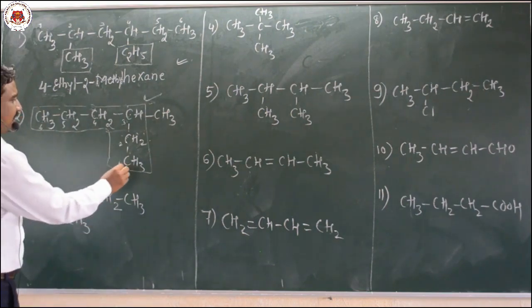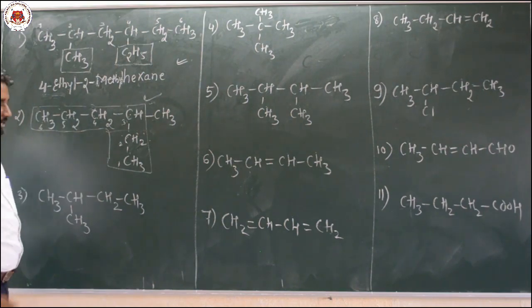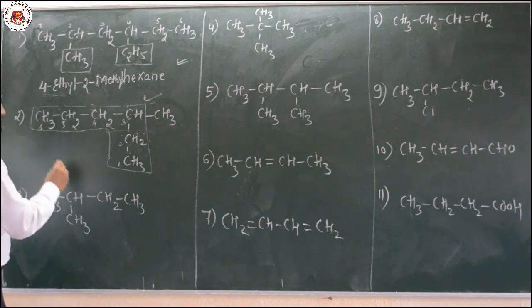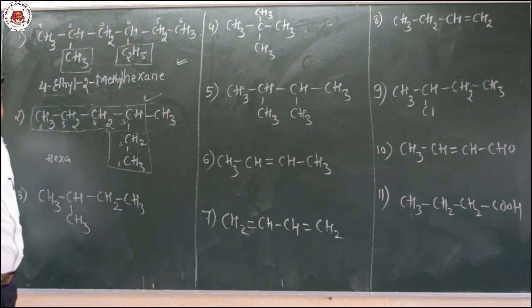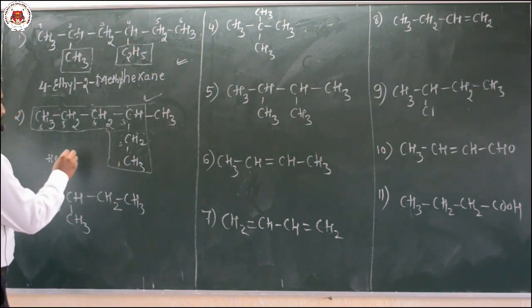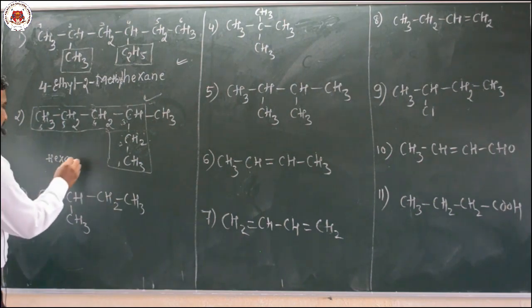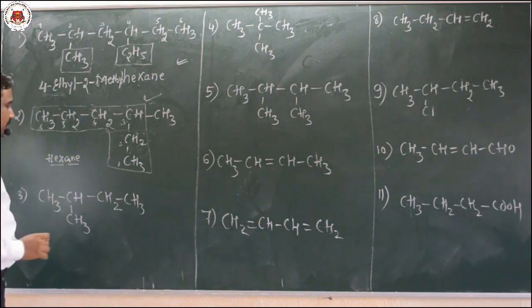Hence the name of the compound is, so first you have to write the root word. There are 6 carbon atoms: 1, 2, 3, 4, 5, 6. Hence the root word becomes what here? Hex. And there is no functional group, hence there is an absence of what here? Secondary suffix. Only the presence of primary suffix. The primary suffix is what here? Hexane. Hex, the primary suffix is ane, because the compound contains only single bonds.